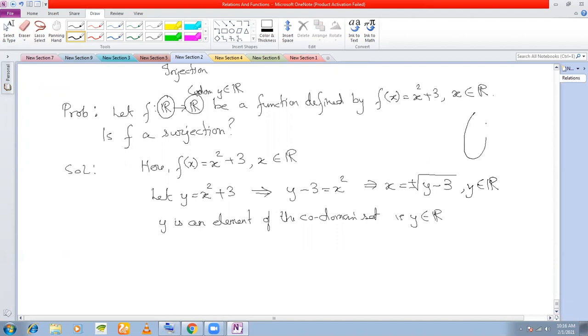So you have X's here and you have Y here. For every Y, can we get an element? Can we get a pre-image in X? This time it is this way. Can we get a pre-image? Tanisha, can you tell me if we can get a pre-image? Will we get, for every value of Y, an X?